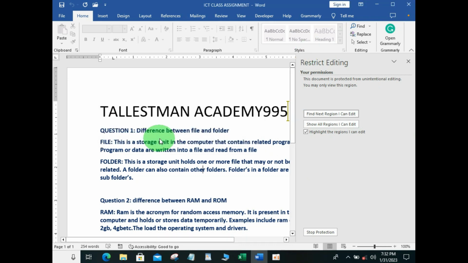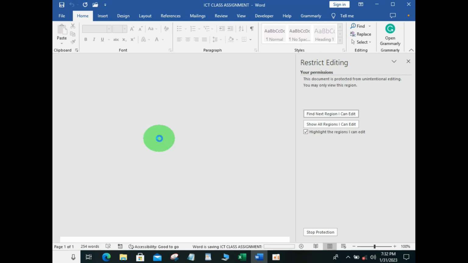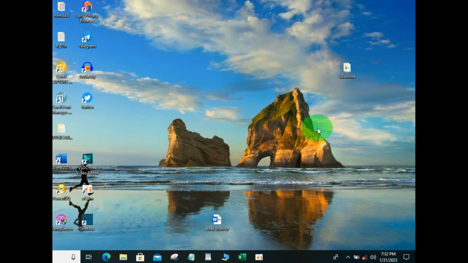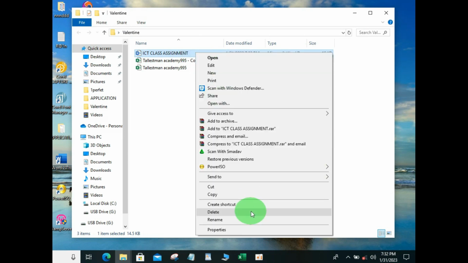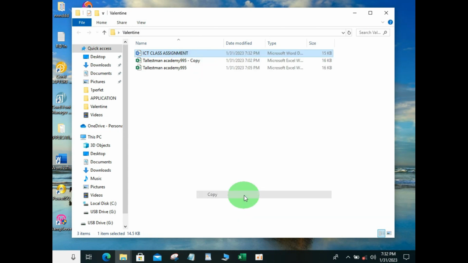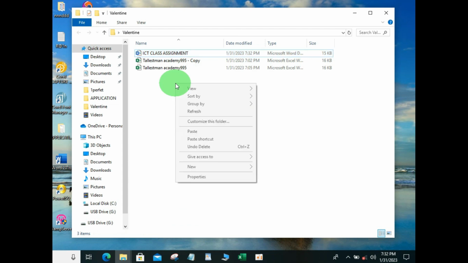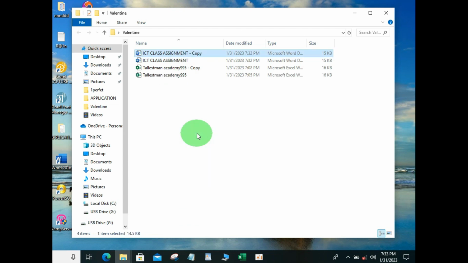Let's save and just close this out right here, as you can see. Now go to where you saved it. It's already saved right here on my desktop. So what we can do as before is to have a duplicate of this. You can just copy it, just duplicate it, just in case anything pops up. And right here we have this